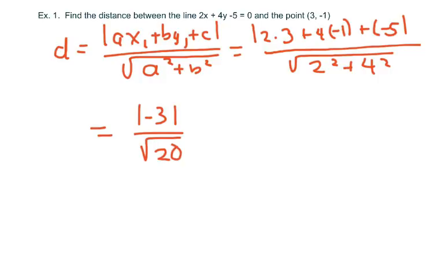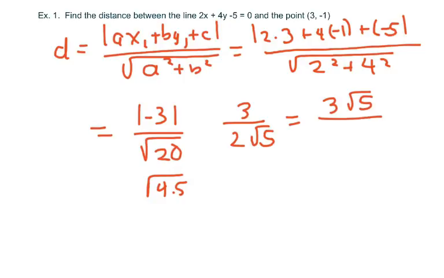20, and I'm going to write this as 4 times 5, so it's 2 root 5, and this would be 3 root 5 over 10, or it would be 0.67. Alright,